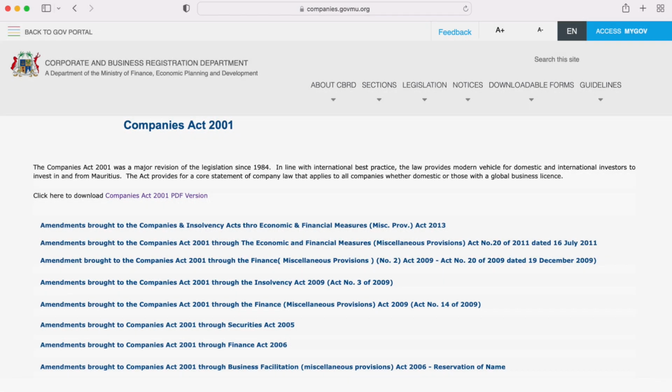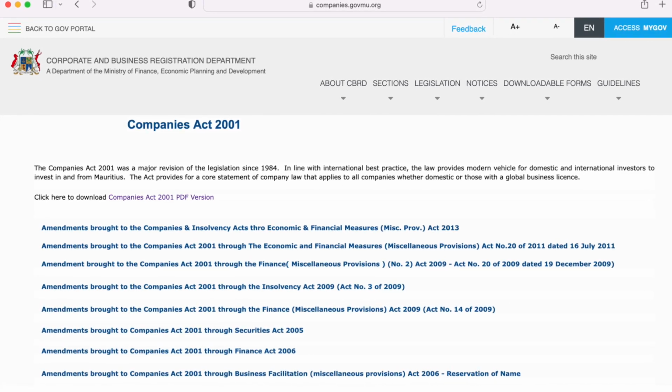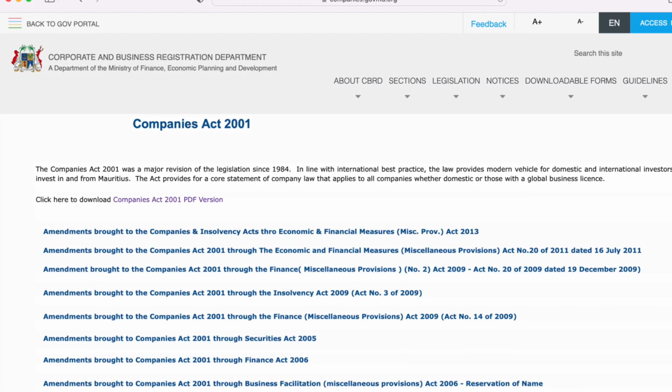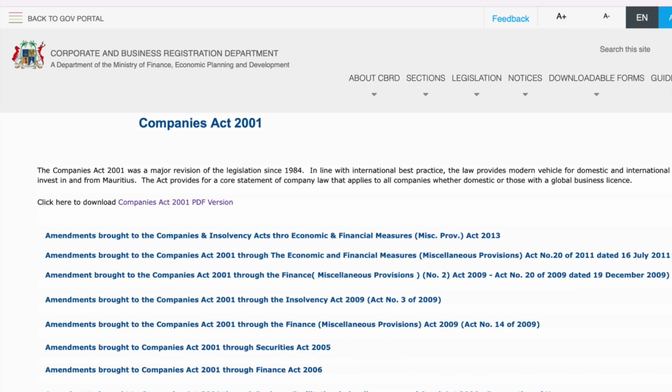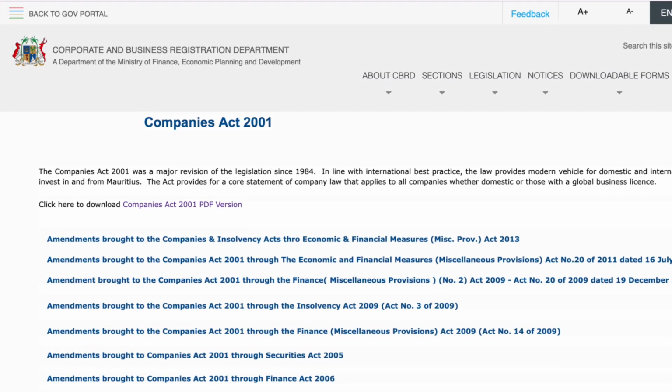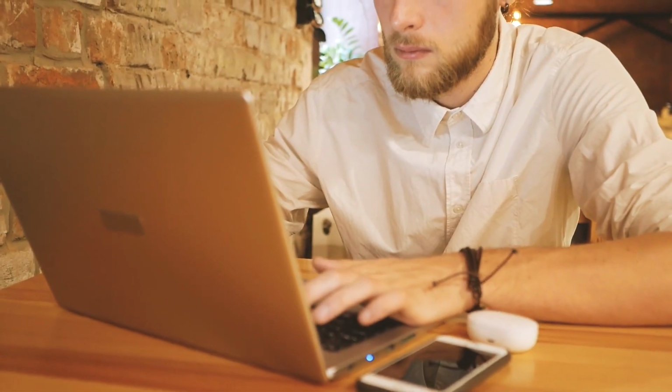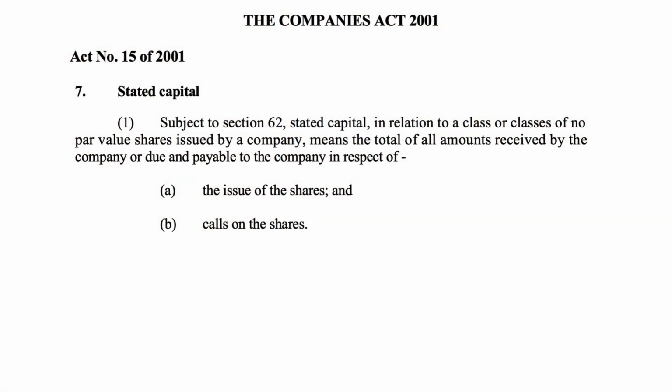Let's now take a moment to go through the major provisions of the Mauritius Companies Act 2001 regarding share capital, which in our legislation is referred to as the stated capital of companies. I will be summarizing the relevant sections, but do take a moment to pause the video to read through them, if you will. Section 7 concerns stated capital, and it states in subsection 1, except as provided in section 62, which pertains to the reduction of a company's stated capital,